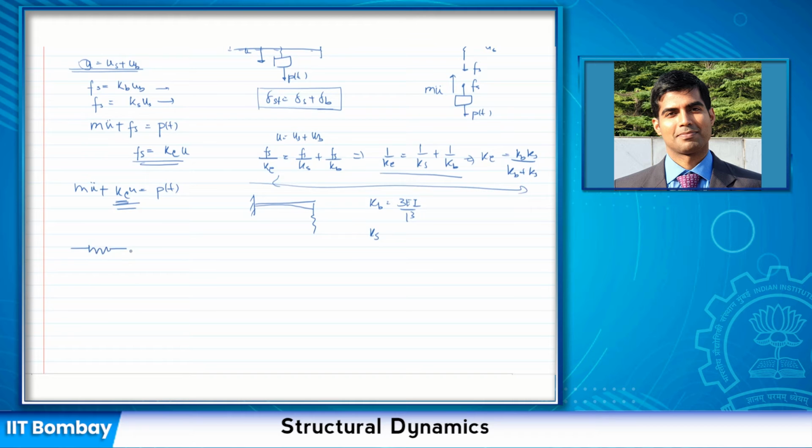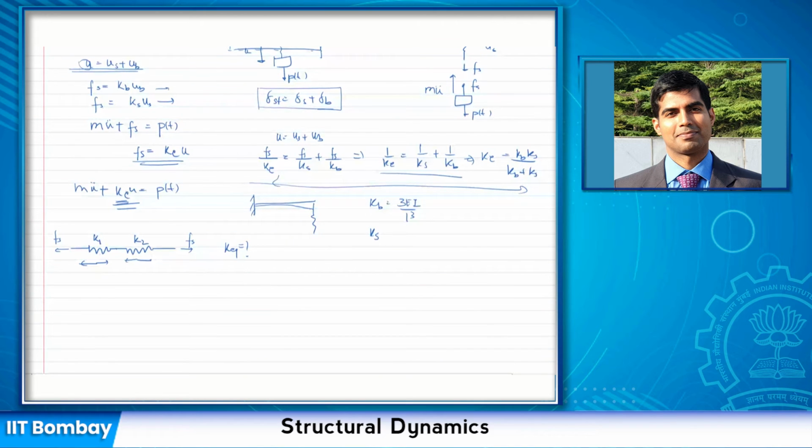Let me say I have two springs connected in this fashion, and of course there are forces being applied here, and these are K1 and K2. Now, if there is no mass in between, I need to find out what the K equivalent of this arrangement is. So how do I do that? Well, let me say a force Fs is being applied. If force Fs is being applied, what is the force in the springs K2 and K1?